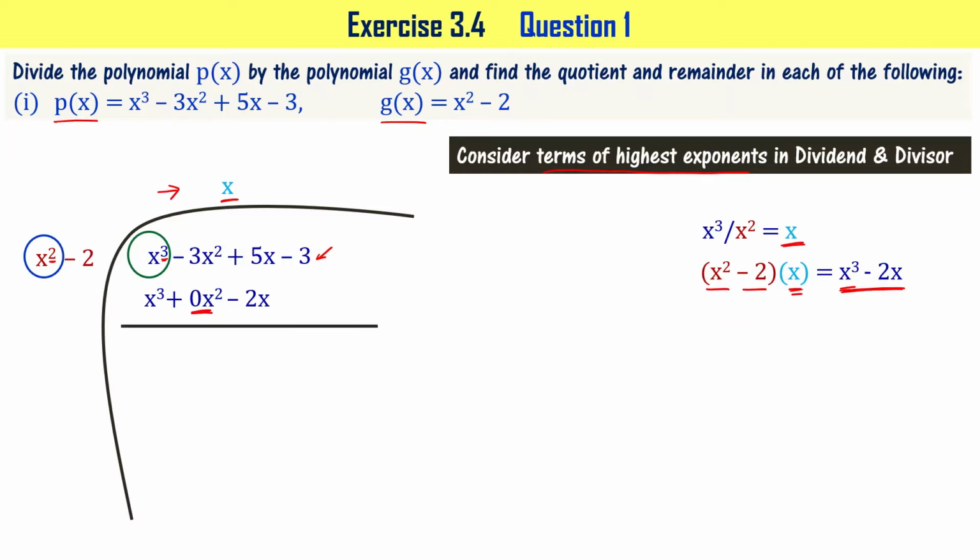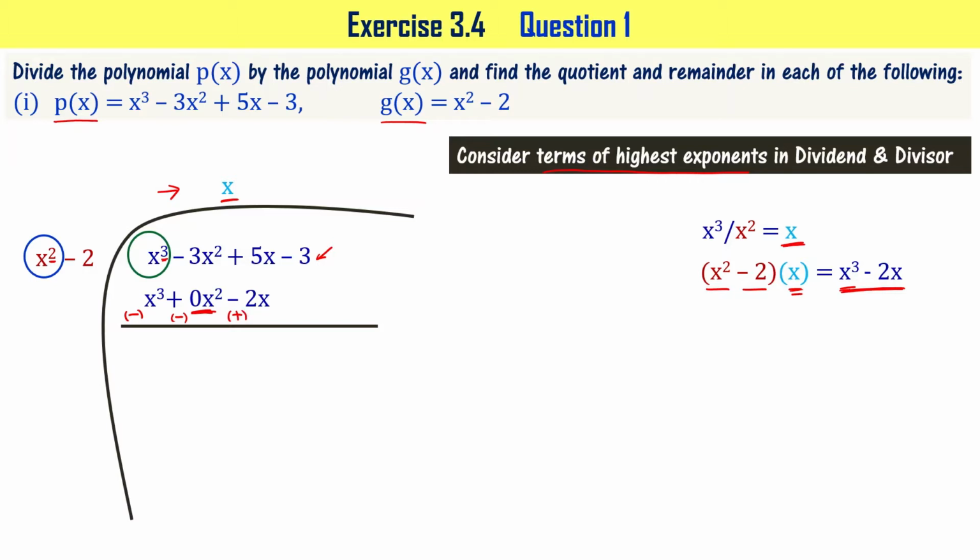Now let's subtract. When you have to subtract, we change the sign of the terms in the expression below and simply add both the expressions. Since it is plus x cube, I am marking it as minus x cube, and 0 x square has a plus sign. I can simply give a minus sign, not a problem, since it is anyway 0 x square, nothing is going to change. In the case of minus 2x, the sign is minus, so I'm changing it to plus sign.